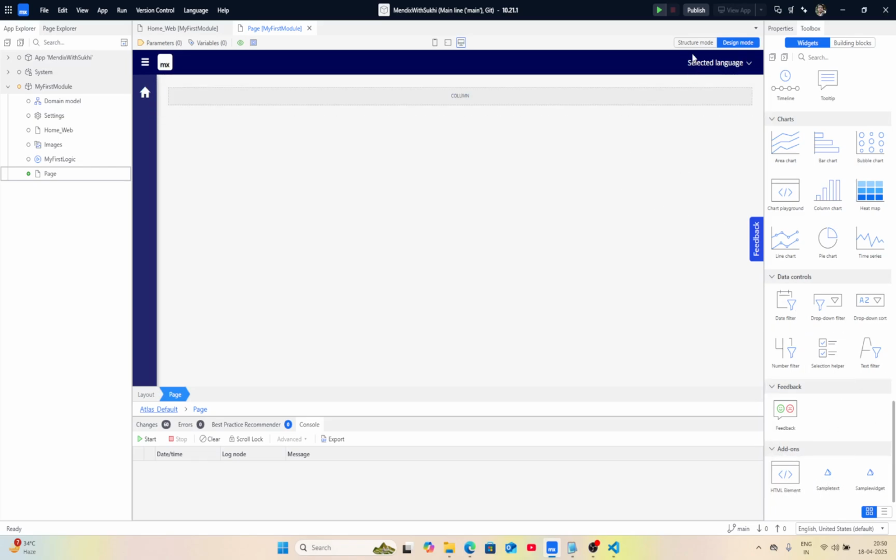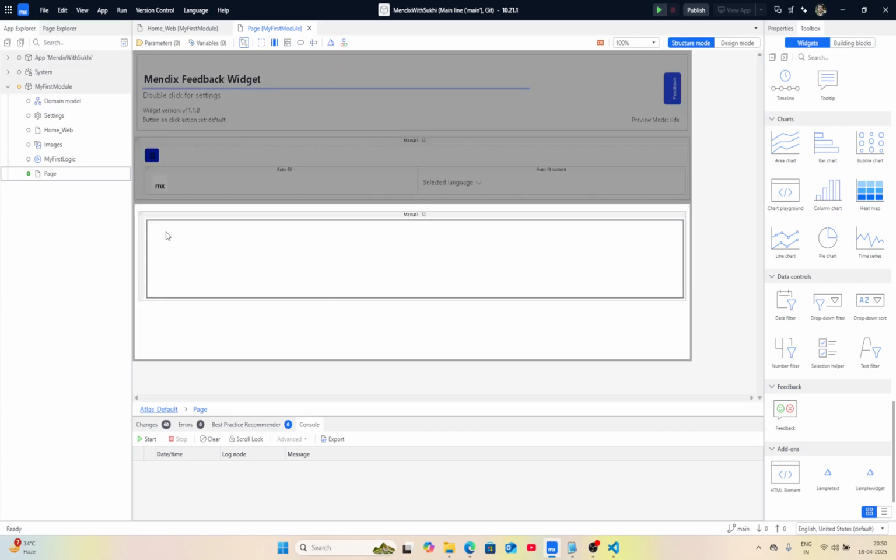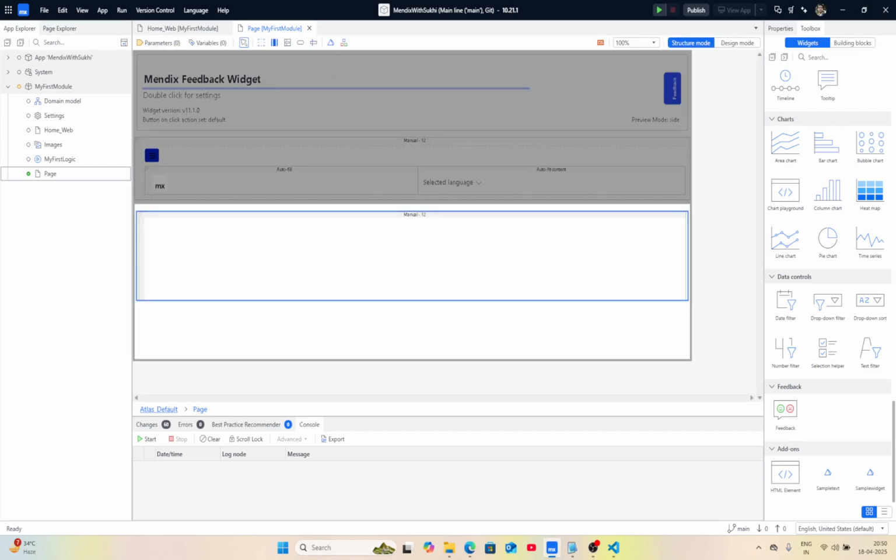So these are the steps to create your first widget, and now you understand the project structure. So in the next video we will create our new widget and